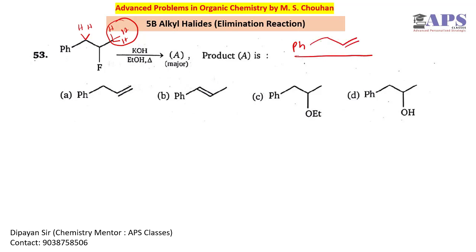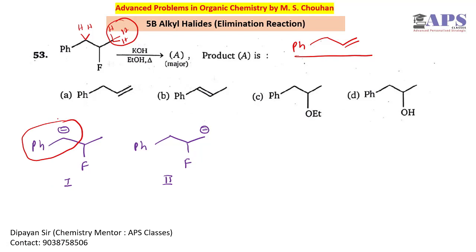But in case of Hofmann elimination, we have to check the carbanion stability first. So if we draw a carbanion here, and if we draw a carbanion here, now if we compare between the two carbanions 1 and 2, this is resonance stabilized. Although this is a 2 degree carbanion, no doubt about it, this is resonance stabilized, but in this case this is a 1 degree carbanion, that is fine, but this is not resonance stabilized. So between 1 and 2, 1 is more stable.